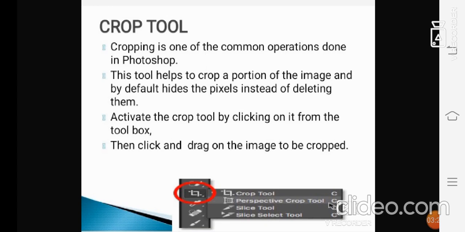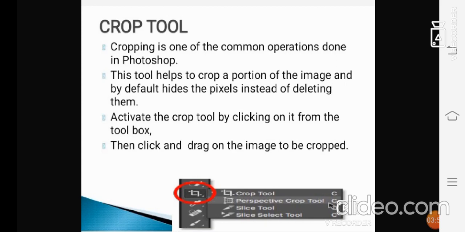Whatever portion you have cropped, only that will be seen, and the rest will not get deleted, it will be hidden and kept in your phone. If you want to use it next time, you can. So that is how you need to use the crop tool.